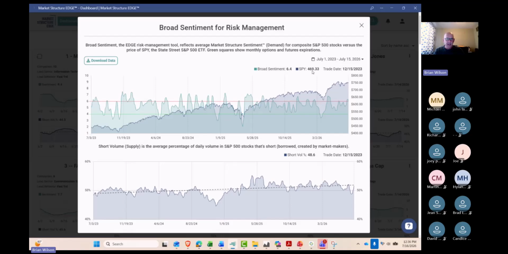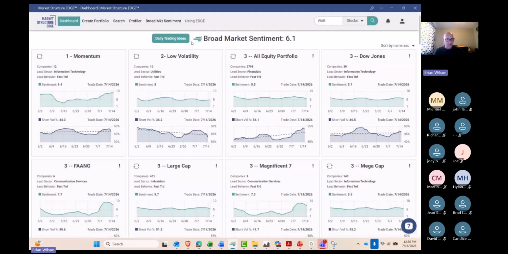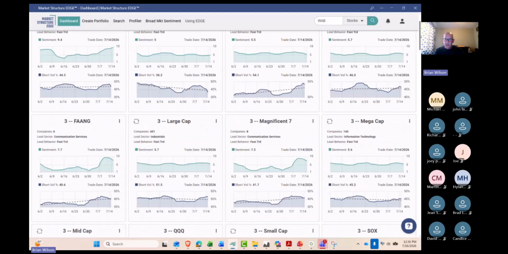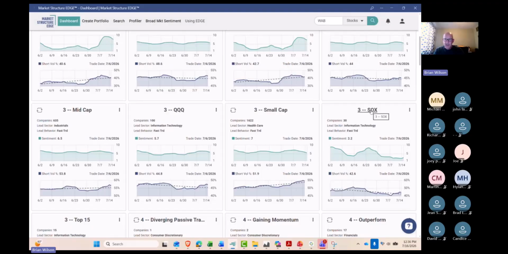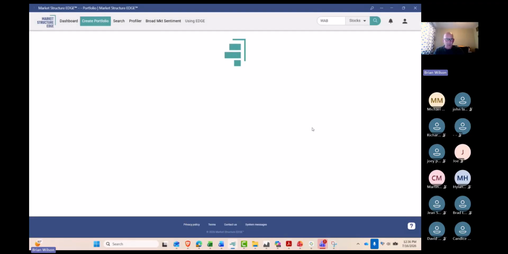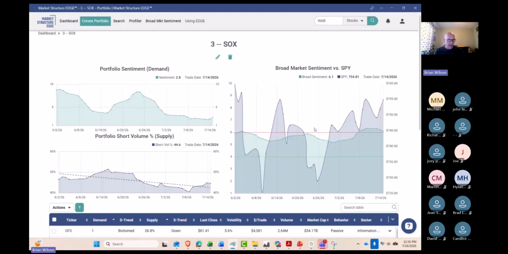Now, with edge data, as most of you are familiar, you can create portfolios. And one of them that I have is the semis. And if we look at what's happening to the semis, or what has happened to the semis, notice when it really started to deteriorate. It was right there around that monthly transition. It went below neutral. And when we have sentiment that is below neutral, it tends to prohibit gains. And you can see what has happened here over time.